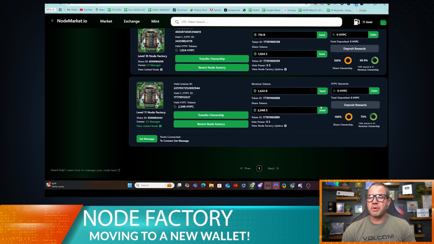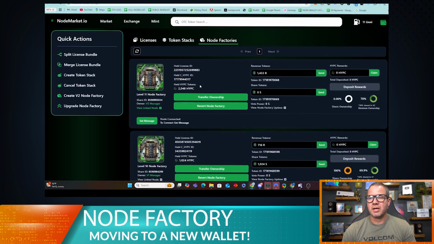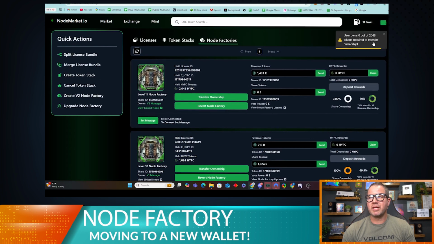The real management power of a node factory comes from the S tokens. So if you own the S tokens, you can basically do whatever you need to do on the node factory. If you don't, then you can't do anything. For example, I'm going to show you this. If I wanted to transfer ownership out, it says I have 0 out of the 248 tokens required to transfer